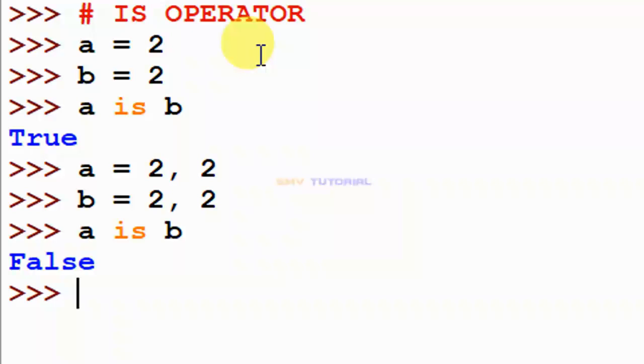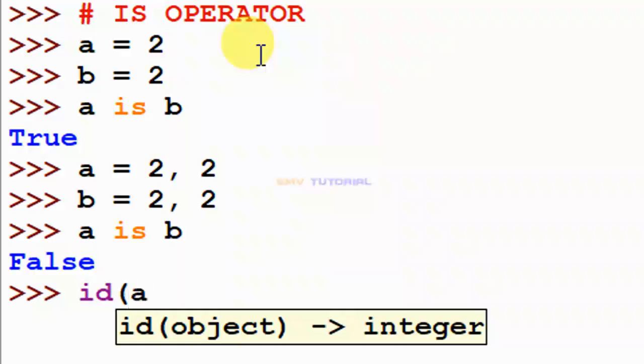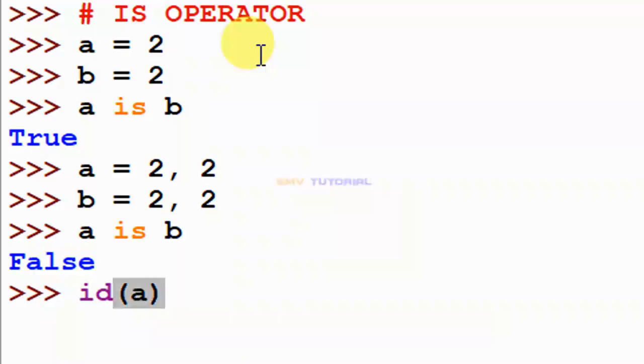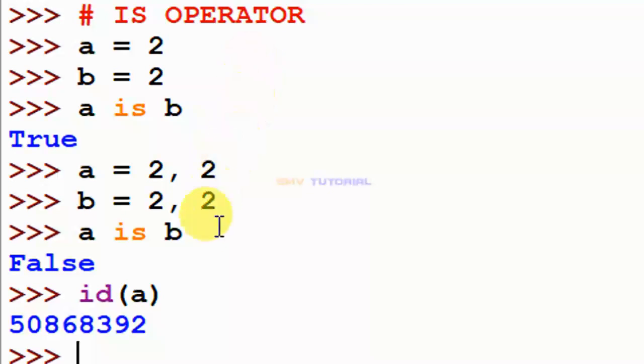Why is it false now? The values are assigned to various memory locations, but before only one value was in the same memory location. Let me check the memory location. How to check it? ID of A is 50868392.